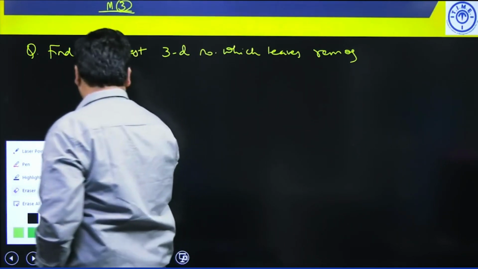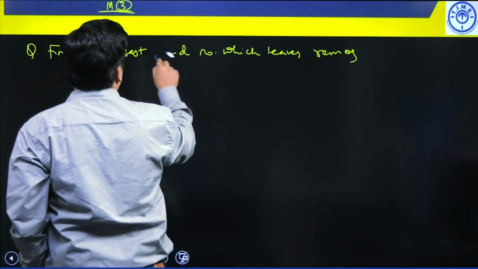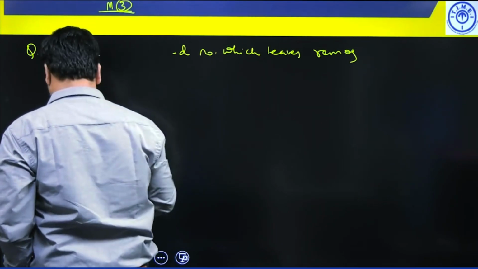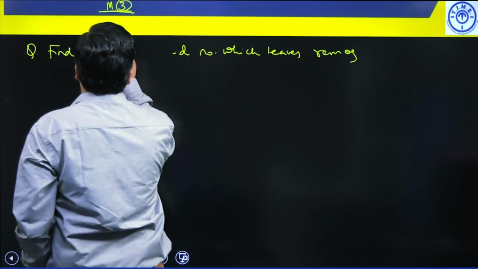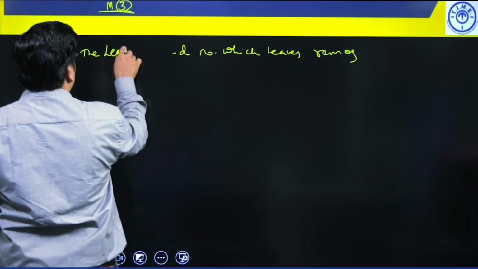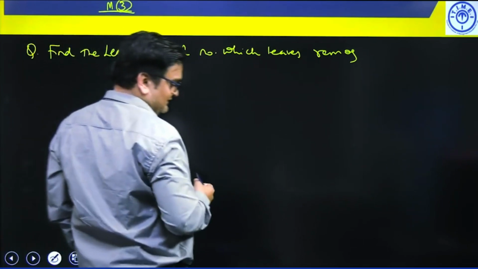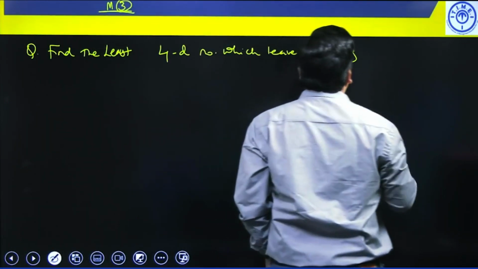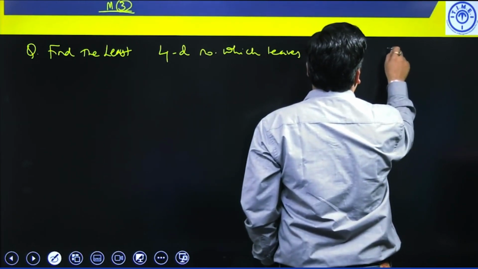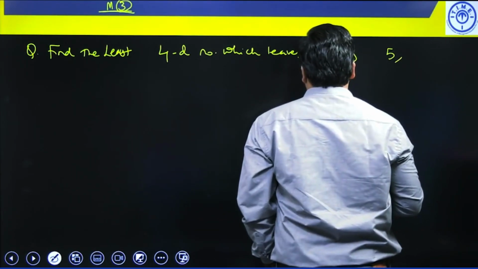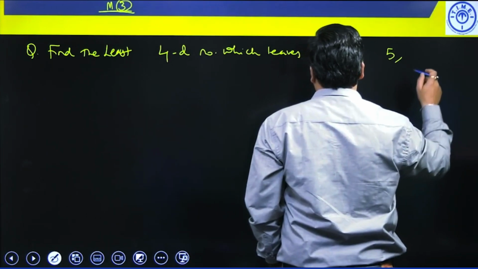Or let me change this also. Instead of saying largest 3-digit, let us take: find the smallest 4-digit number, which leaves a remainder of 5, which leaves a remainder of